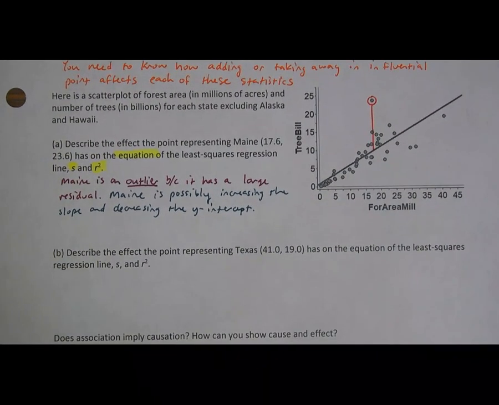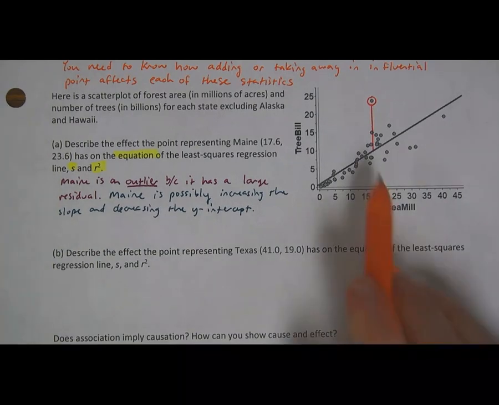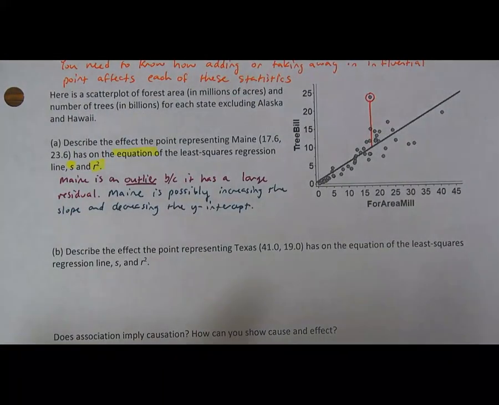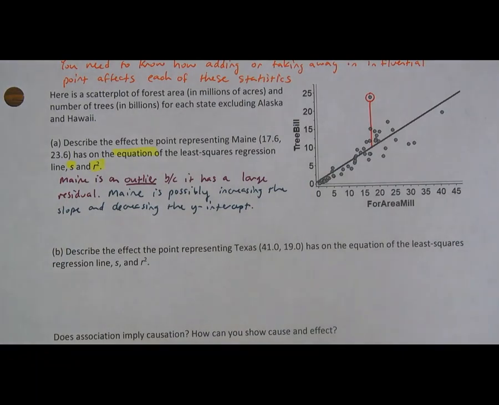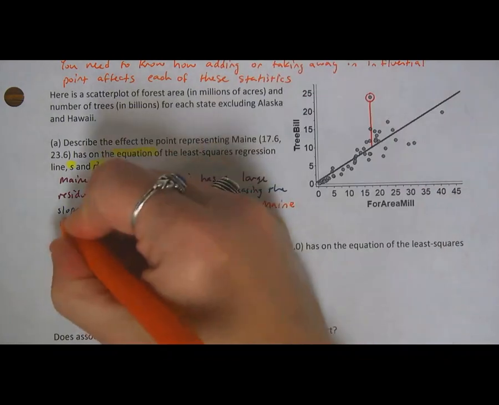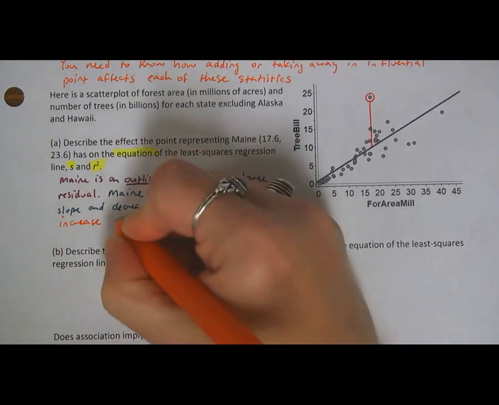Now think about this. If S is the standard deviation of the residuals, it's like how far away points are from the line on average, and I throw in a really big residual, is S going to go up or down because of Maine? Maine is really, really far away. It has a really large residual, so it's going to make the standard deviation of all the residuals bigger. So Maine increases S,